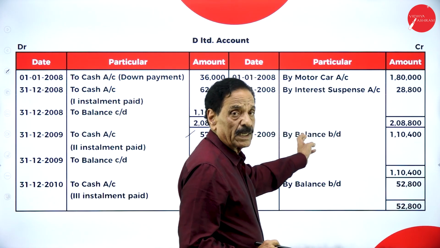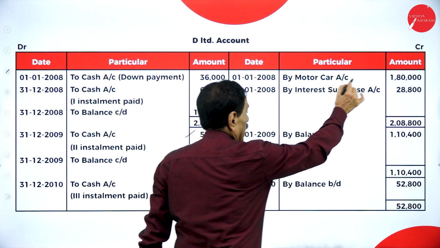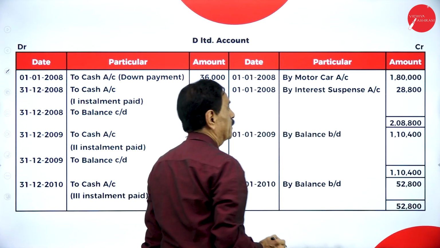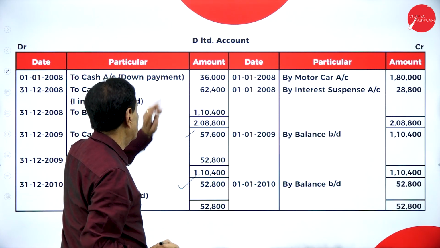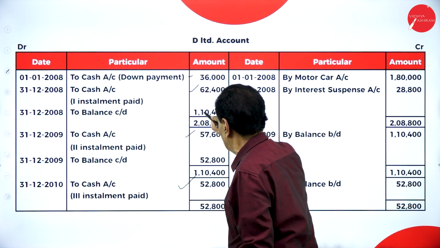Asset account debited, interest suspense account debited, to installment seller account 1,80,000. Total interest is 28,800. How much down payment? 36,000. First installment 62,400. Balance carried on is